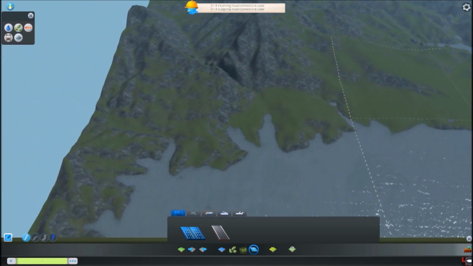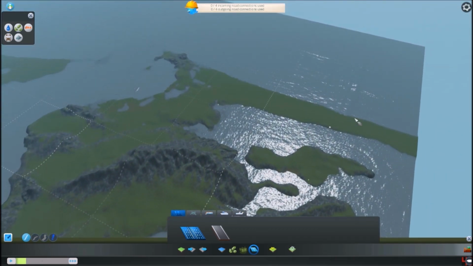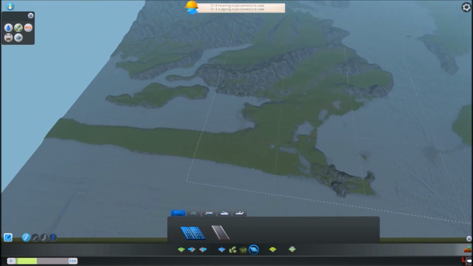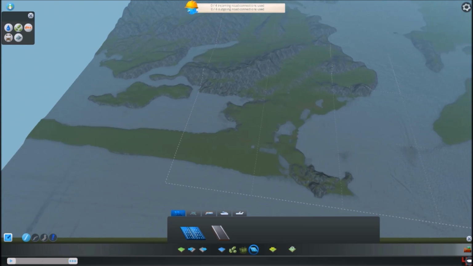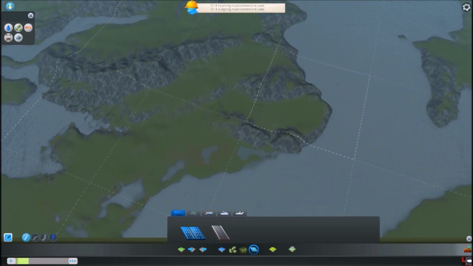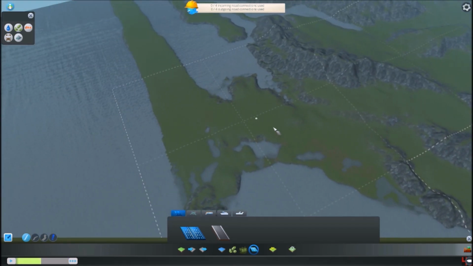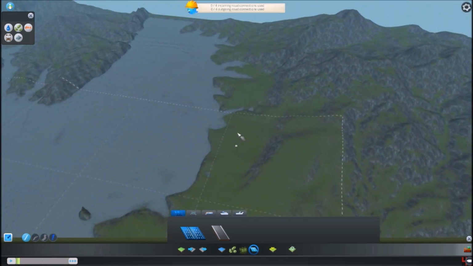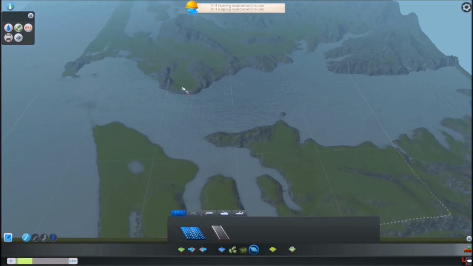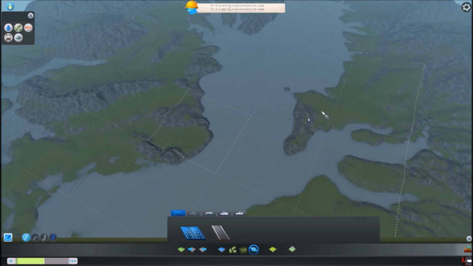I'm going to create one highway here and then the second highway coming down from there, even though in real life I think that's actually a peninsula. Could have it coming from over there. Where do I want the start area to be? I think right in here. I'll have the start area right there. So I'll have the first highway come up into that start area, and then I'll have another highway coming down into this area here. And then the player can maybe bridge across this once they have enough money and access the second